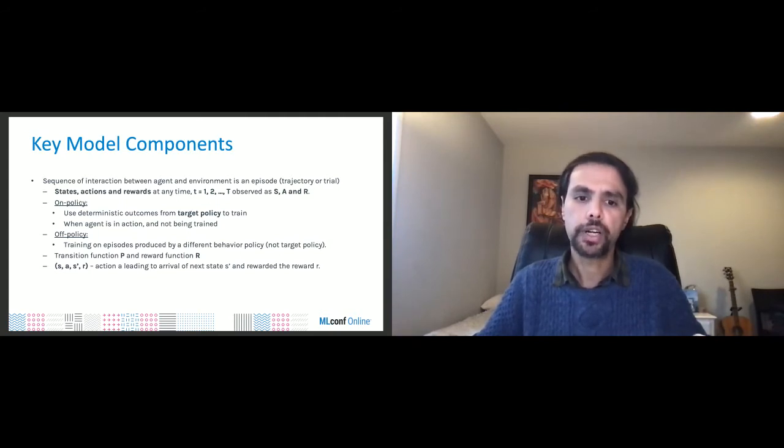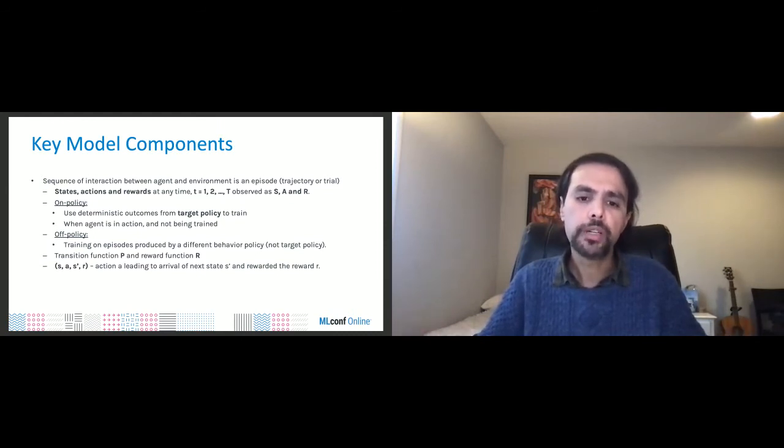In the fraud detection domain, the sequence of interactions is essentially a series of transactions that happen from one or more accounts. So you could have an account, or you could have an IP address, and there could be a sequence of transactions or payment attempts or login attempts that could occur, and this sequence will be termed an episode. Each episode in the RL context comprises states, actions, and rewards at any point.